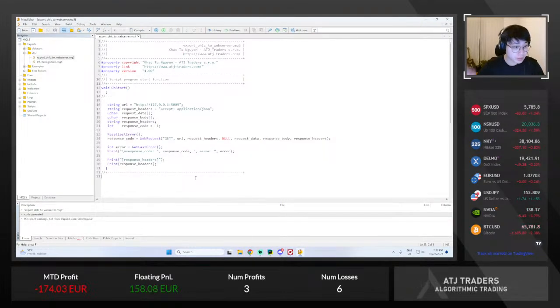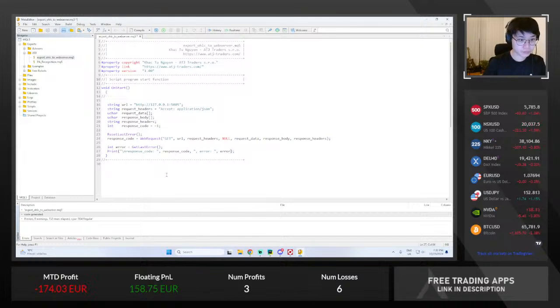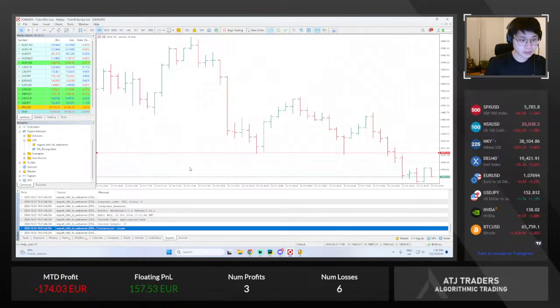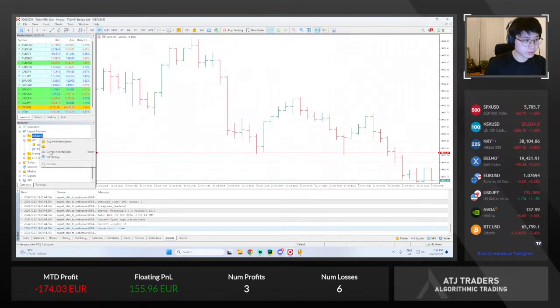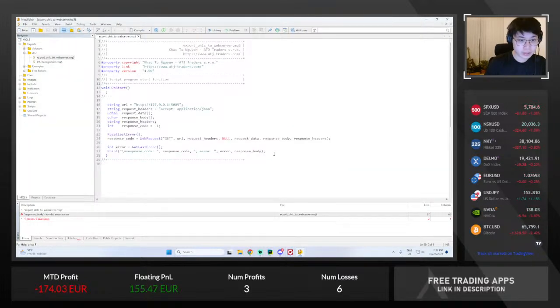And so now what I need to do is I just need to print our response body, because in the body or the data, I'm not sure, data, let's try the body, we have the result of our response. So if I run this again, I refresh, and oh yeah,